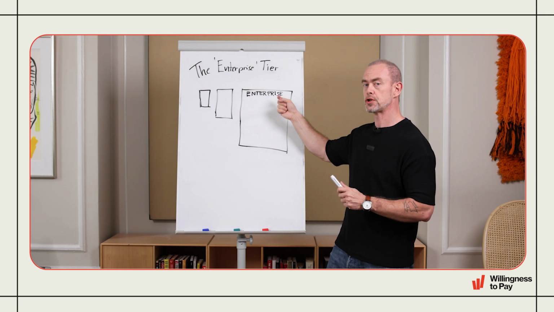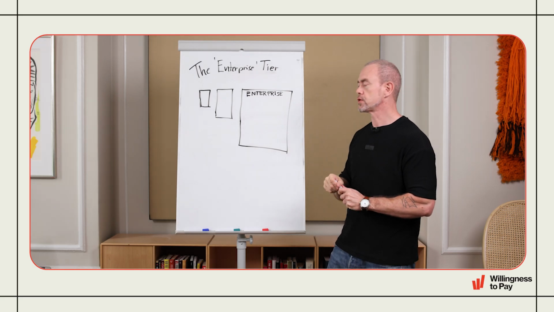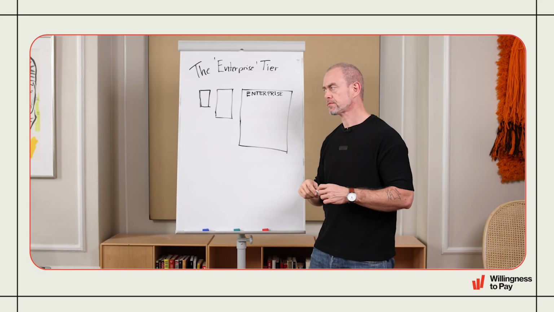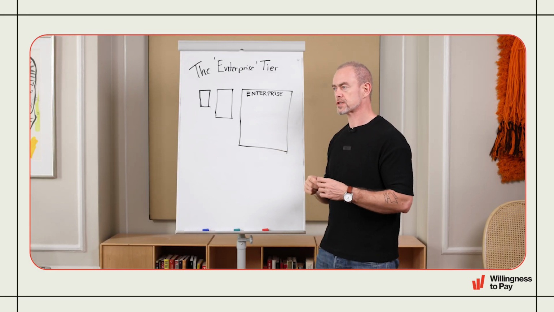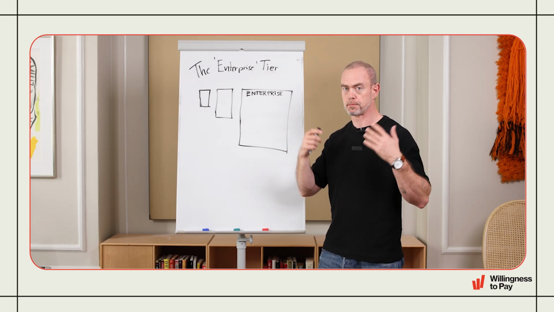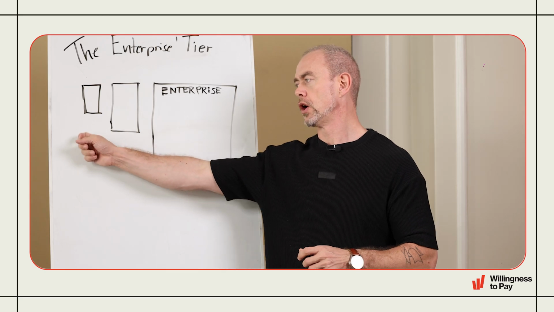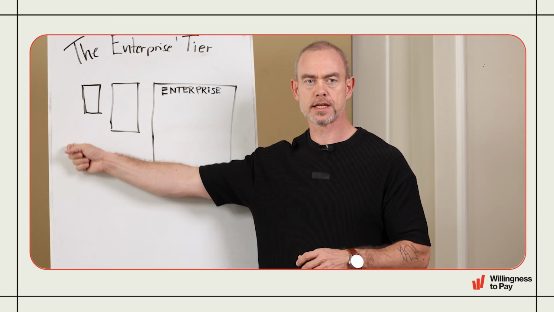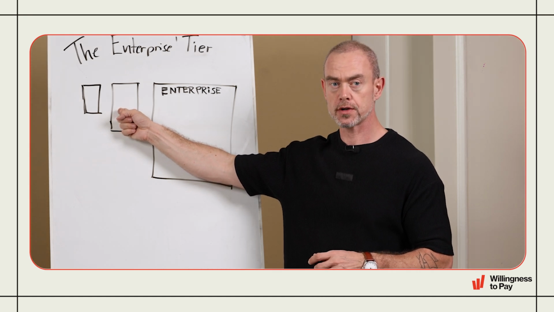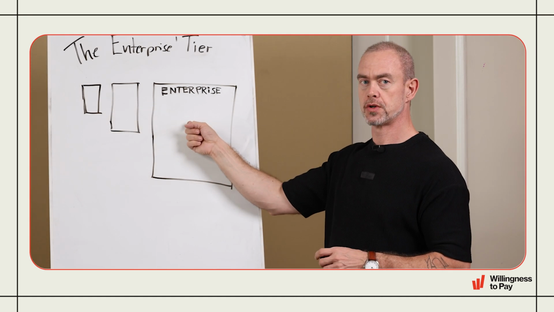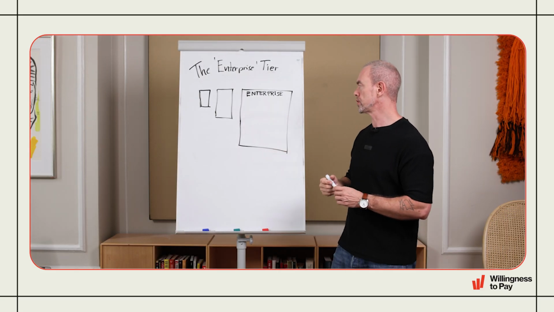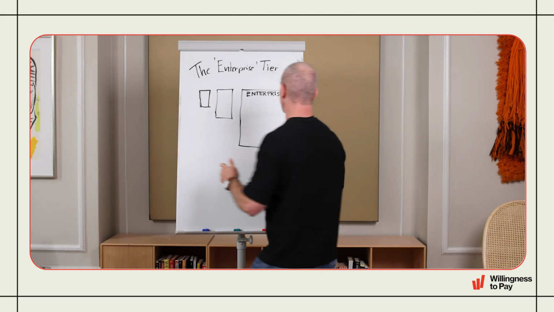And the job to be done that you do in the enterprise tier is that you solve for buying whatever the product is in a large organization, right? So we had a customer recently that did something for distribution centers that makes distribution centers run better. So we basically have something like, we're going to do basic operational stuff here, then optimization of operational stuff here, and then now we're going to sell it to someone with a lot of distribution centers. So we're going to say, hey, enterprise is where you do all the features that have to